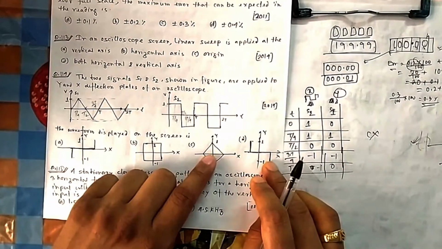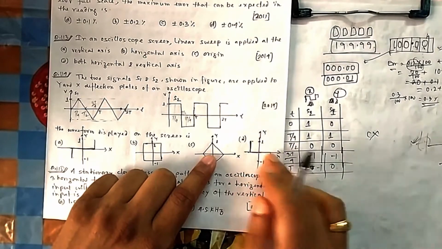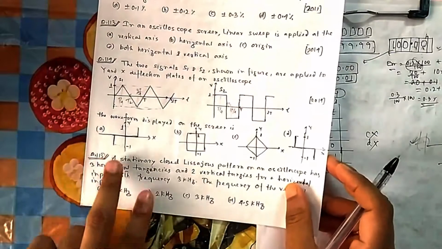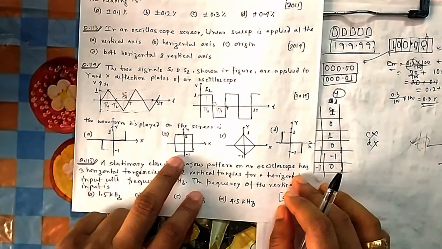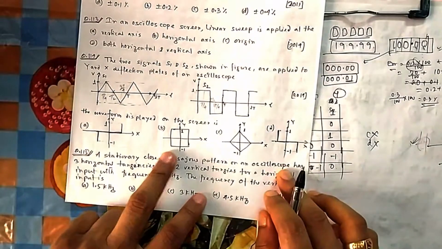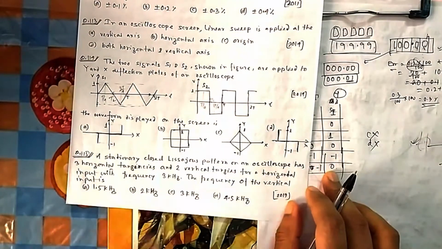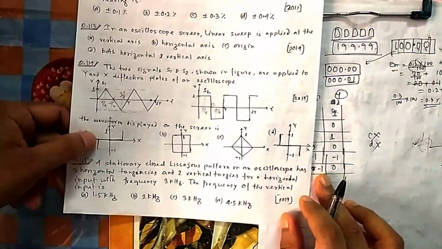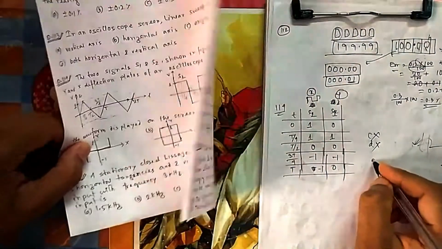1 1, is it there in 1 1? No, this is not there. So D will not be the answer. Minus 1. So you see minus 1 is there, minus 1 is there. These two are already not in the option. Minus 1 comma 0, minus 1 comma 0. So this point is there. So you are stuck with option A and B.